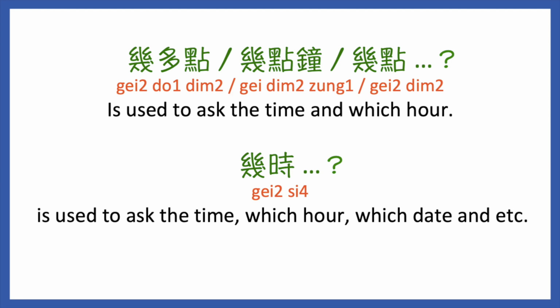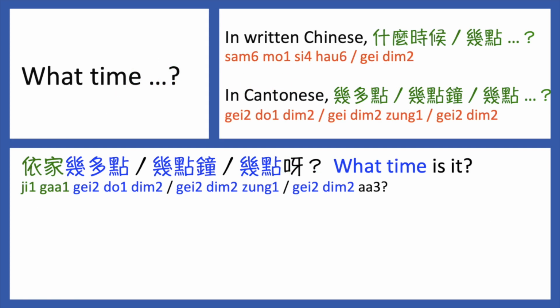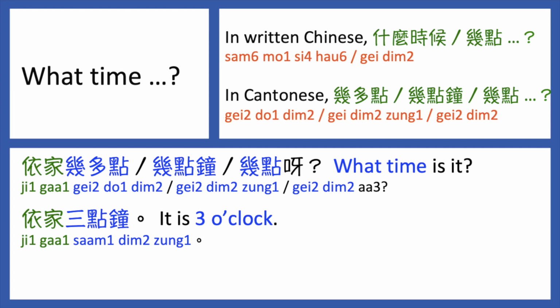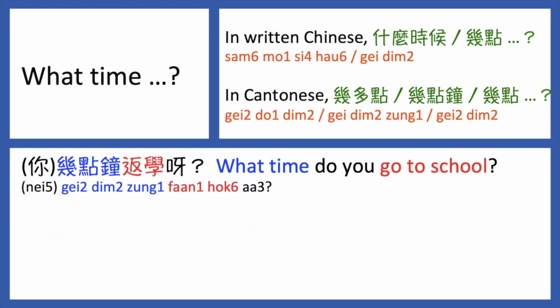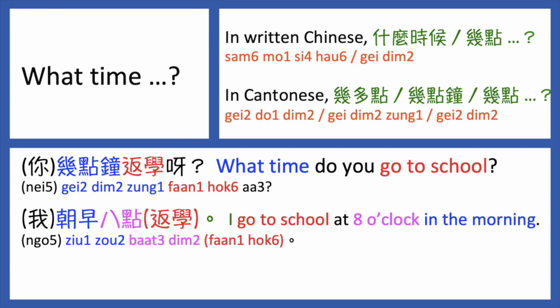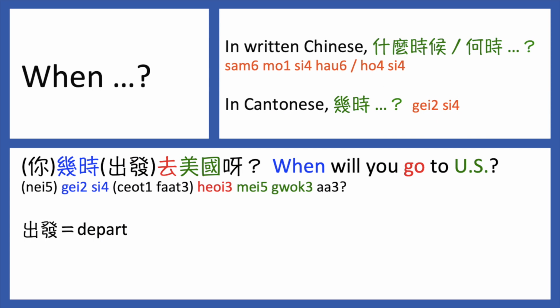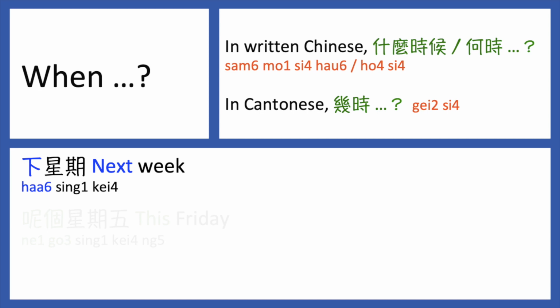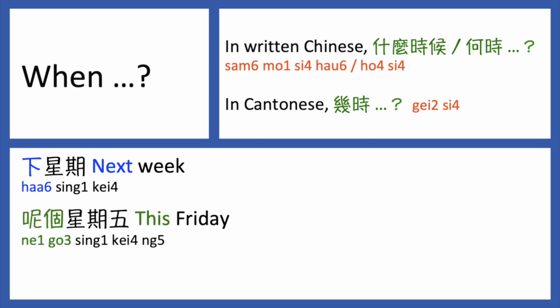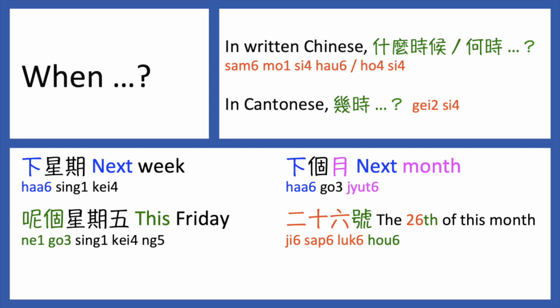This question word is normally placed just after the subject and before the verb. Give you some examples. 依家幾多點啊？依家3點鐘。你幾點鐘返學啊？我朝早8點返學。你幾時出發去美國啊？下星期。呢個星期五。下個月。26號。